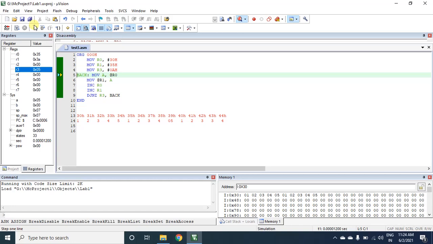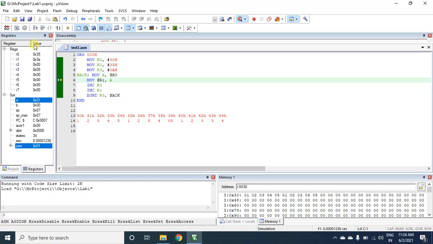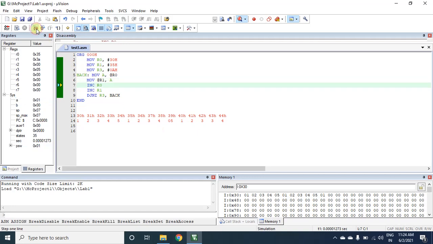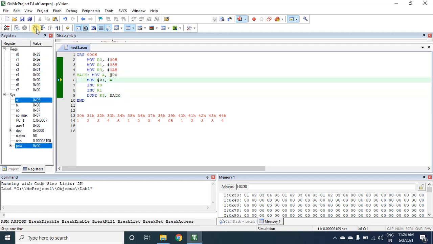Why? Because if you observe here, R0 is now pointing to the 35th location, and at the 35th location we have 01 now, so that has to be moved. Again the same thing will repeat, because I want to move 10 bytes of data, and the data will overlap like this.